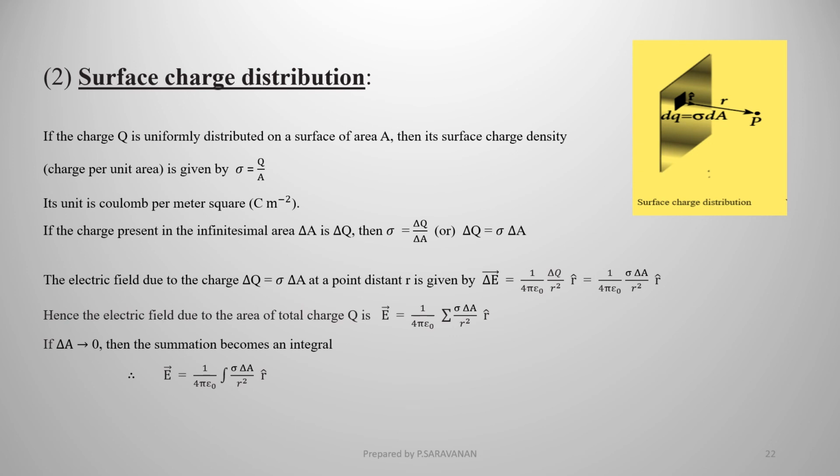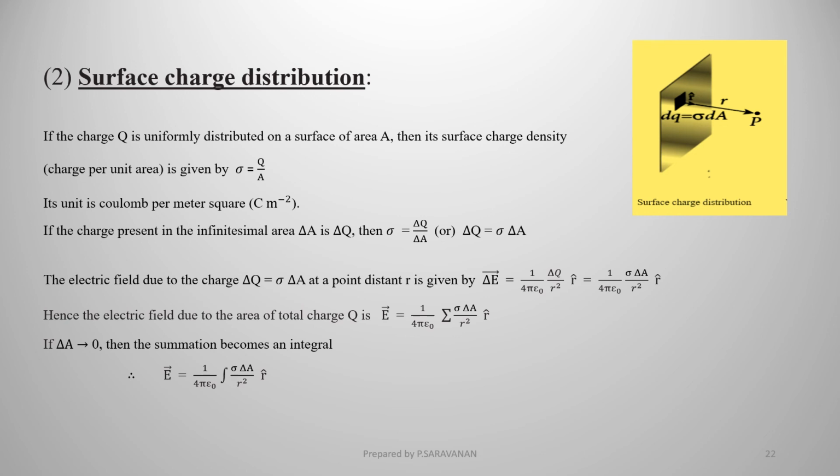So in what we are going to do, first we consider a point P to the right hand side at a distance r from the given area. At that point P, we will write an expression for the elementary electric field contributed by the charge delta Q on the area dA, and then we take the summation of all small elementary areas and get the total expression for the net electric field. Okay, shall we go through the derivation?